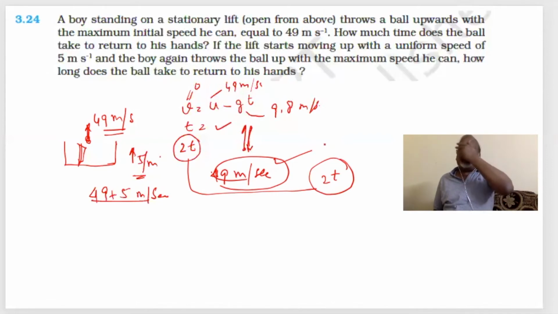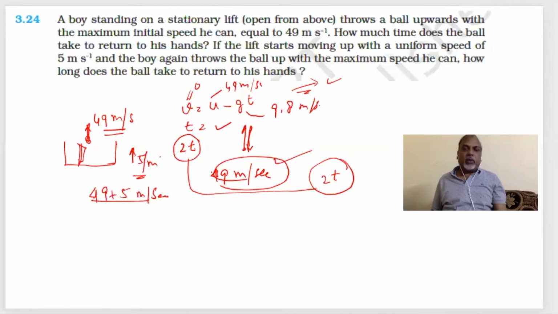Suppose if the lift is accelerating up or it is decelerating, then of course the acceleration g will be affected and the time period will be different. But since it is uniform velocity, whether it is stationary or with uniform velocity, the ball with respect to the lift will behave the same way. So in this case, the answer will be the same. Now we will go to the